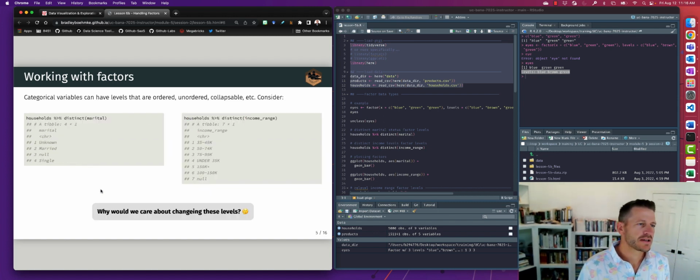All right, so why is this important? Well, lots of times we'll have categorical variables that can either be ordered or unordered, but we have a discrete number of items that we want to look at, or maybe we want to collapse things, right? So, for example, within our households data, we have marital status, and the marital status can either be unknown, married,